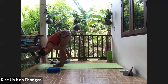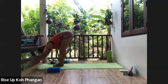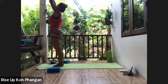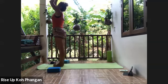And inhale, grab the backs of your legs. Exhale, release the arms by the ears. And then slowly come all the way up to finish with a gentle back bend. And exhale,